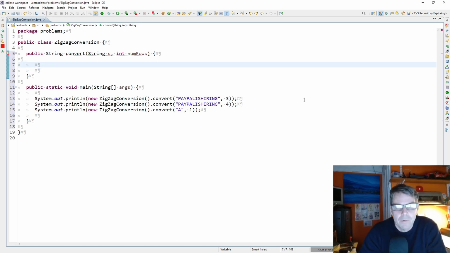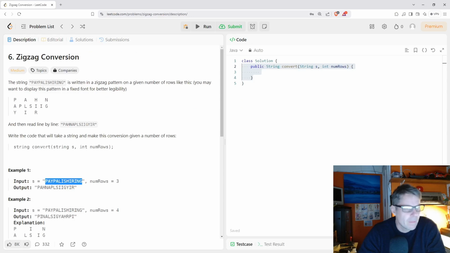Now, what I'm going to do is build a string for each of the rows, and I guess you start off, if we look here, in the first string and work your way down to the bottom string, and then work your way back up and back down, building the strings, and then at the end I'll just join those strings together, and that's the answer. Now, a string isn't particularly efficient to manipulate, but a string builder is there for that